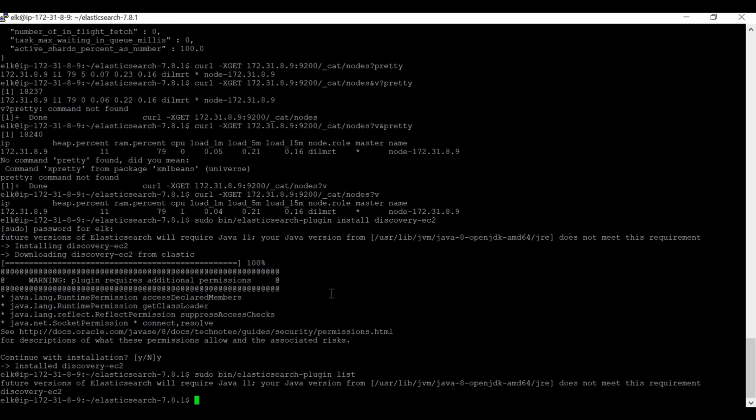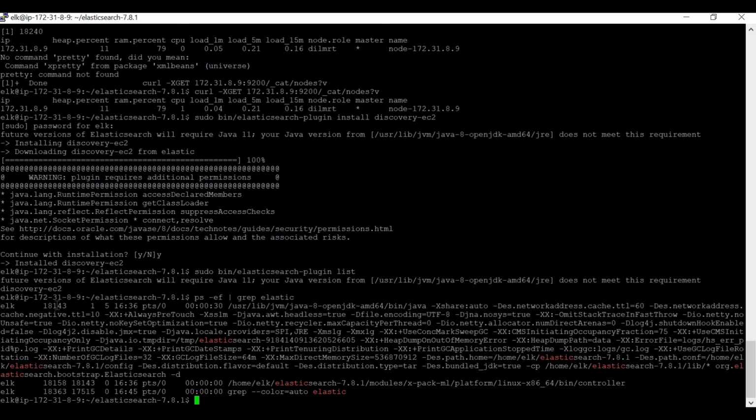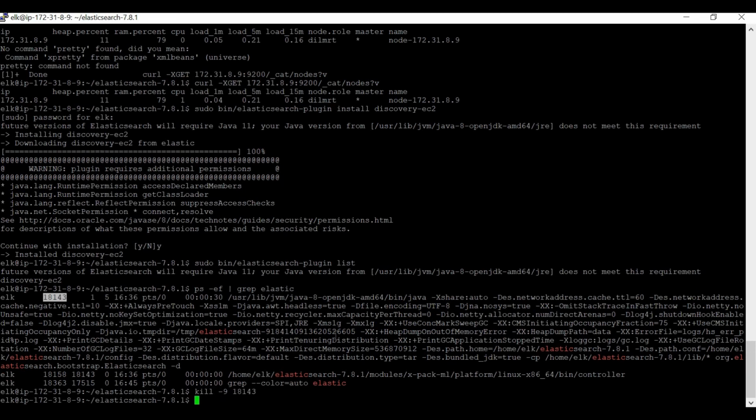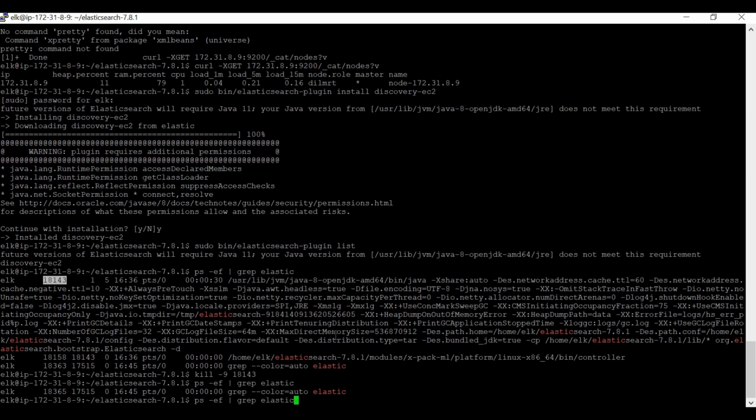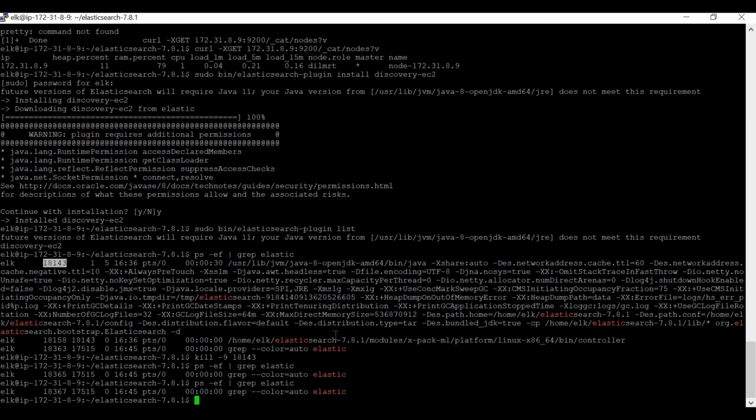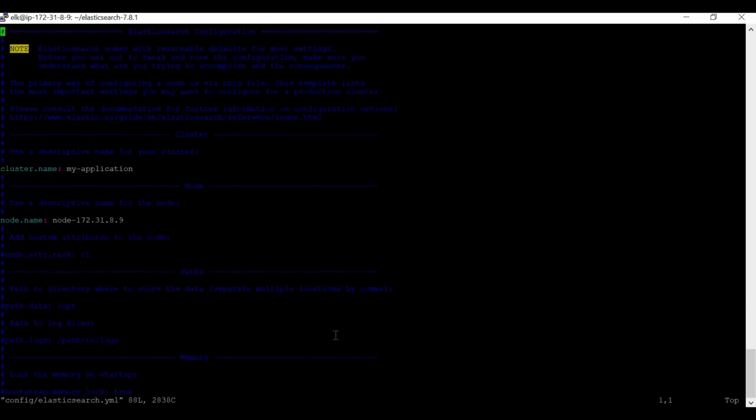Discovery EC2. Okay, now let's stop this elastic service once. It stopped. Okay, let's change my elasticsearch.yaml settings as per AWS.